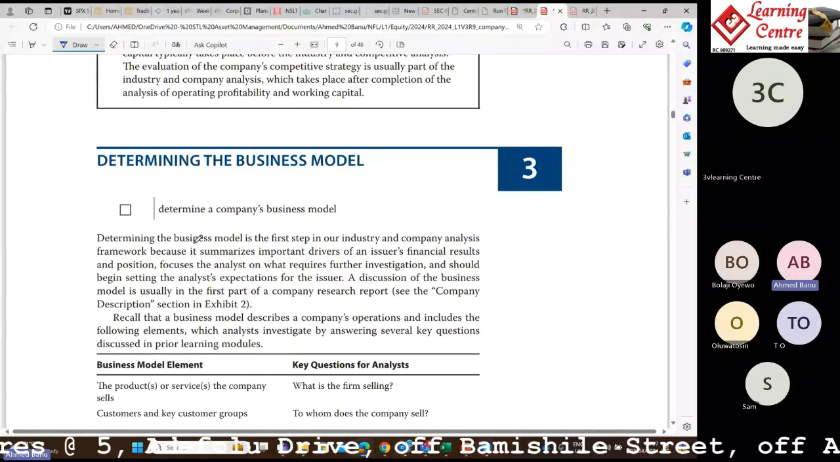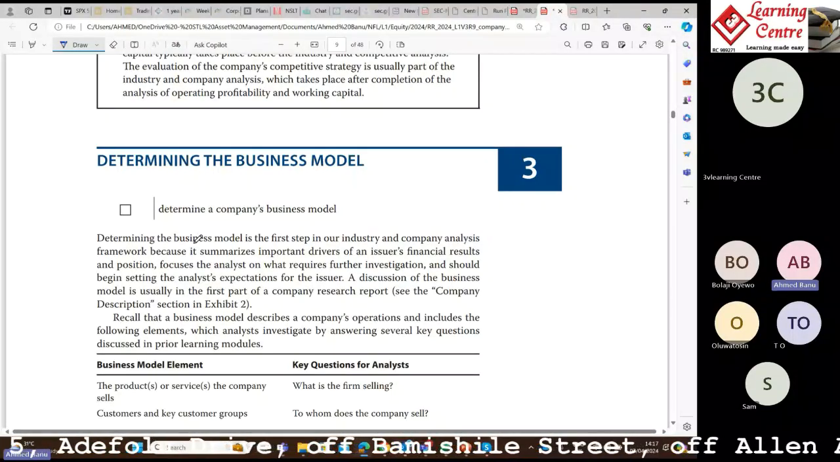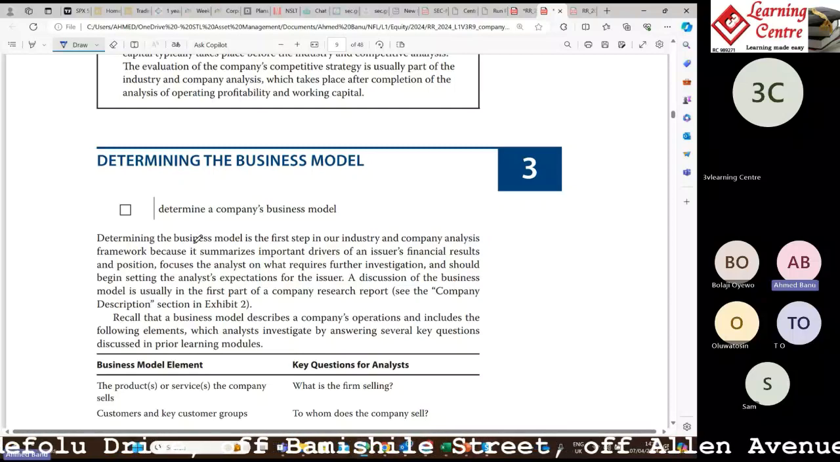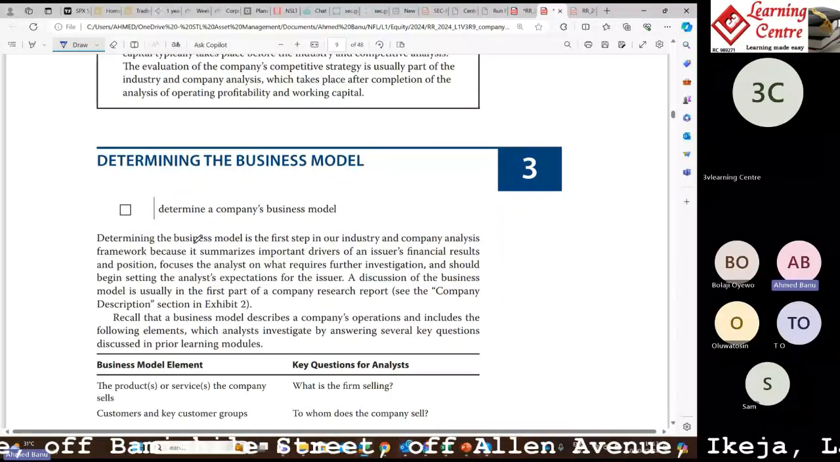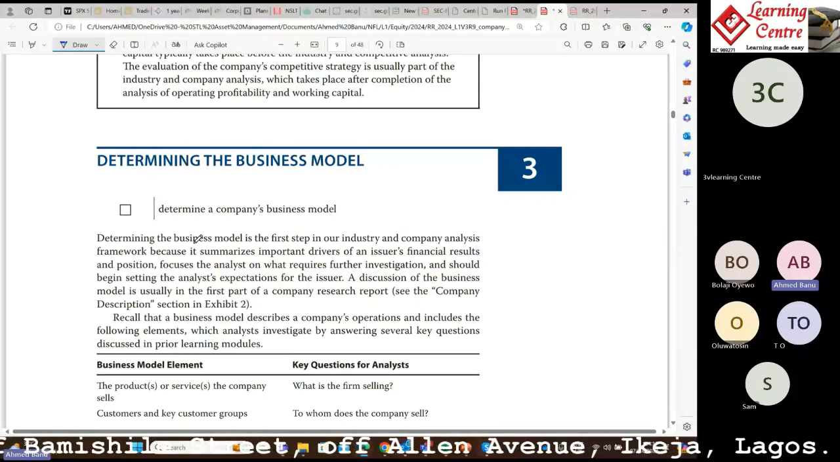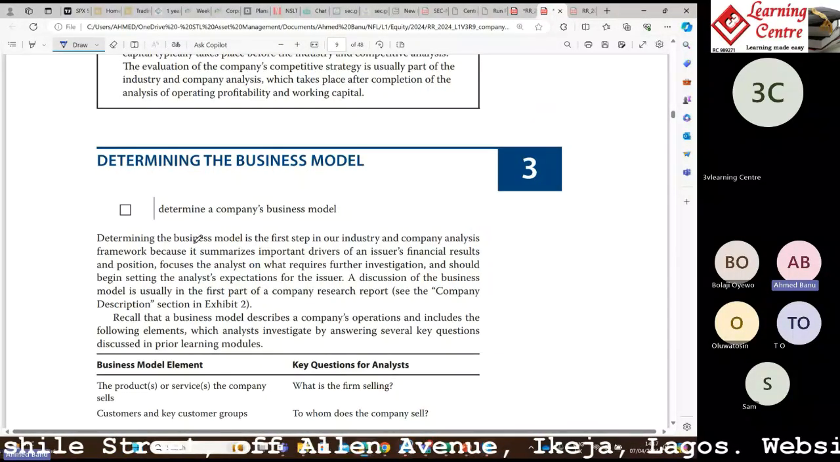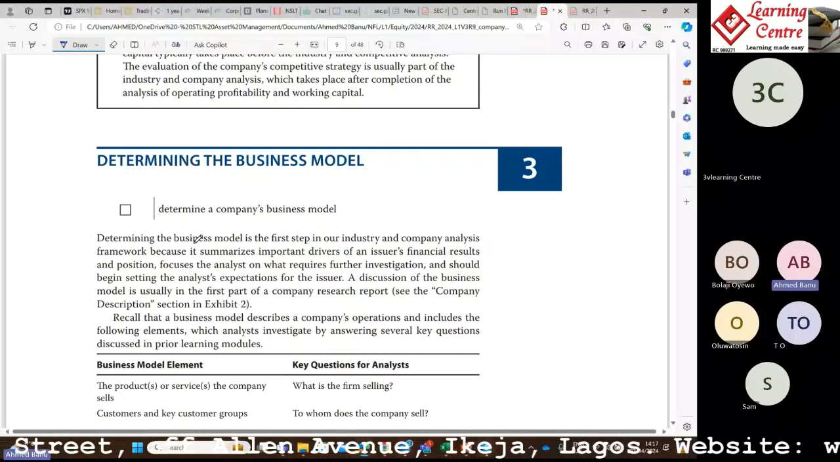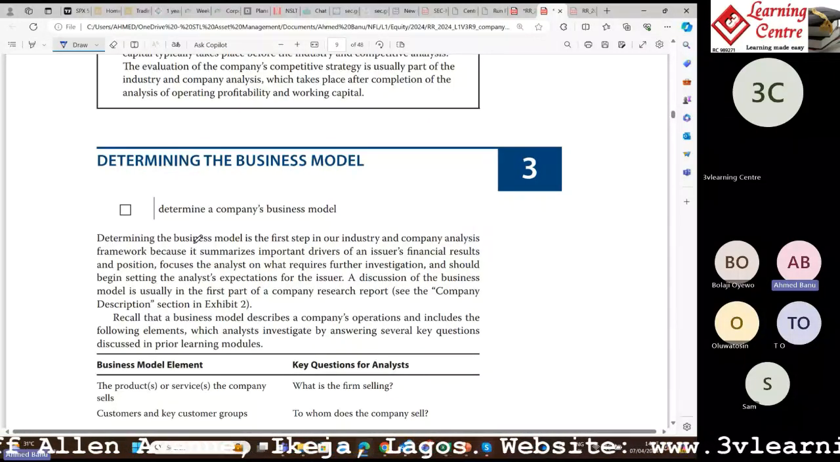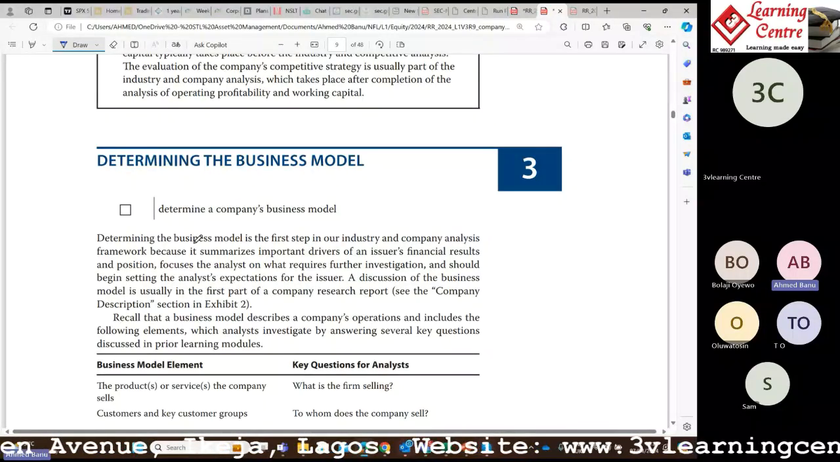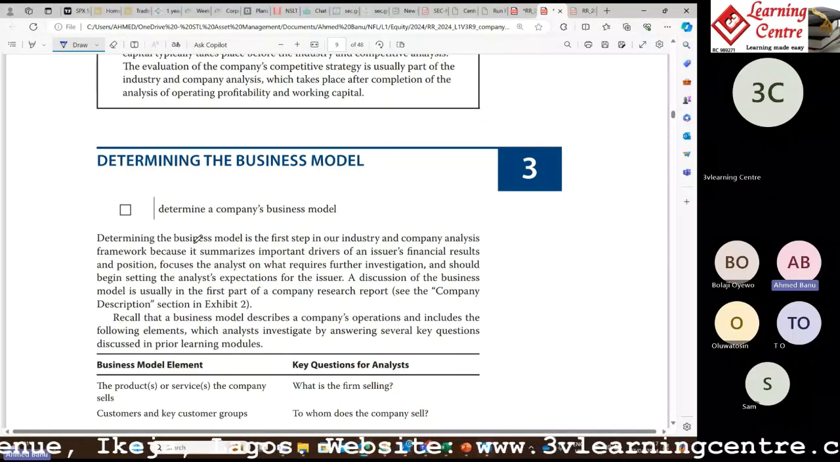Now let's move to determining business model. So determining the business model is the first step in this framework. You need to understand the company's business model. You need to understand what the company is doing. Yeah. So recall that a business model describes a company's operations and includes the following elements, which analysts investigate by